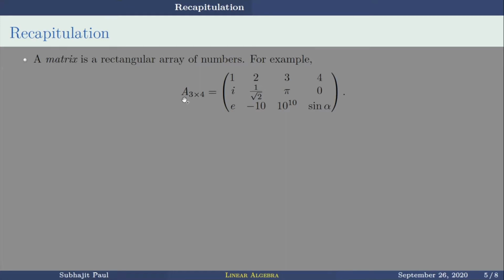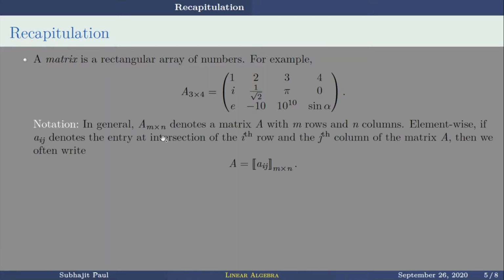This is the name of the matrix A, and this is the dimensions of the matrix. Now, what do we mean by dimension? We write the number of rows here. There are first row, second row, third row. This is the number of rows we put here, times the number of columns. So there is this first column, this is second column, this is third column, this is fourth column. So this is the number of columns over here. Okay, so